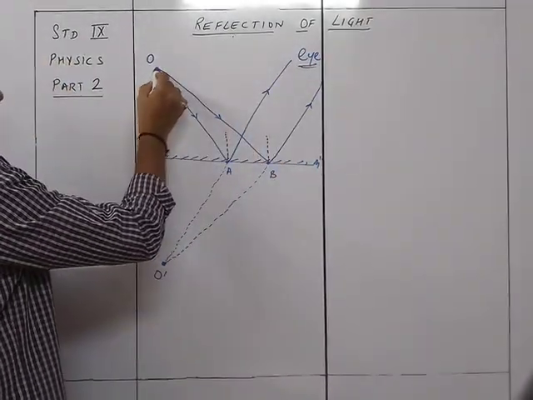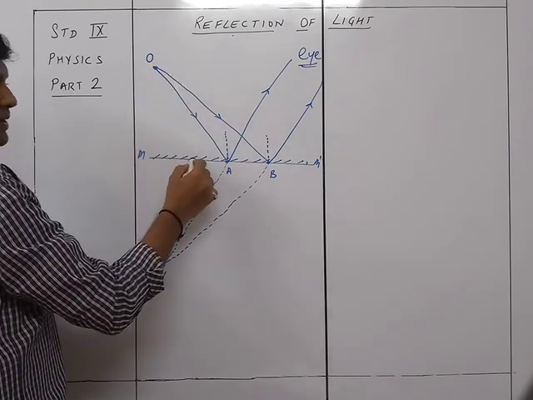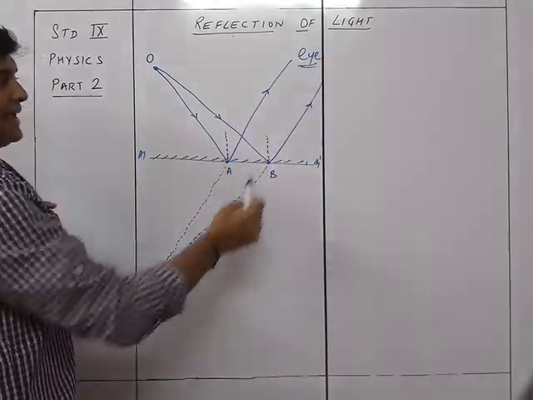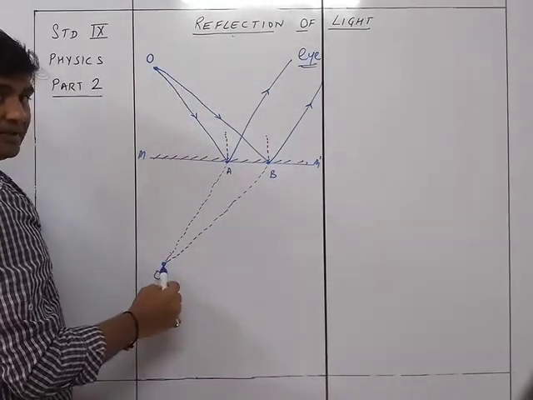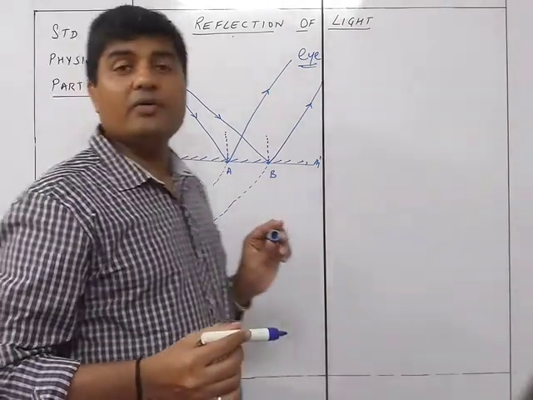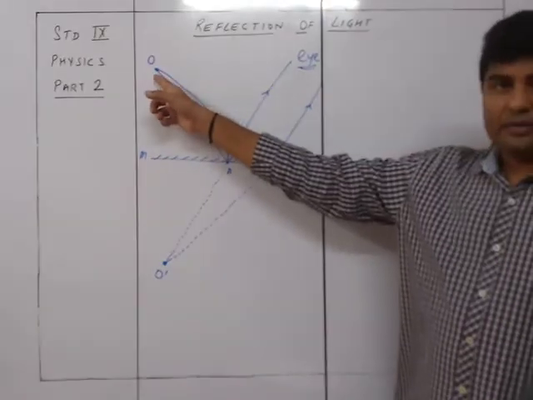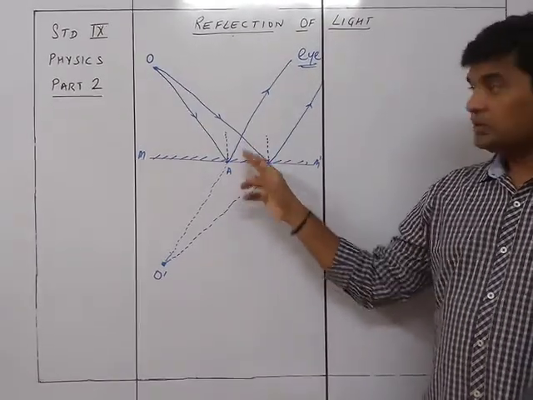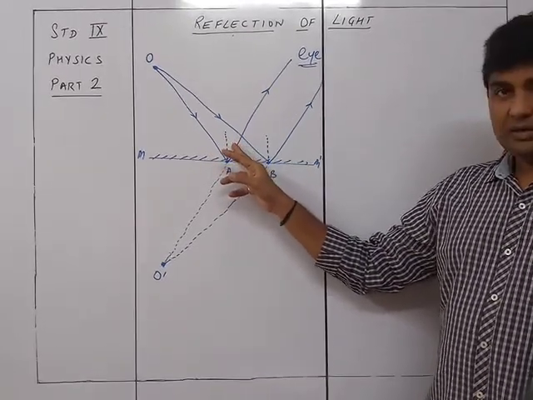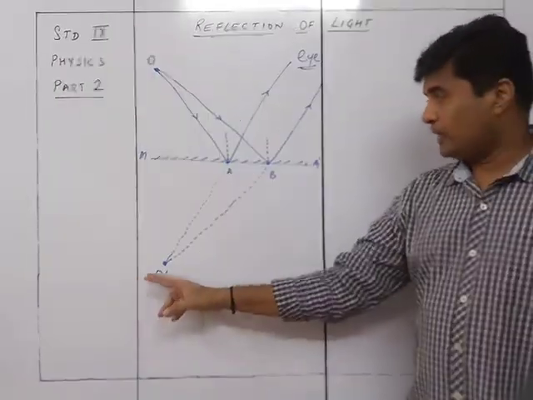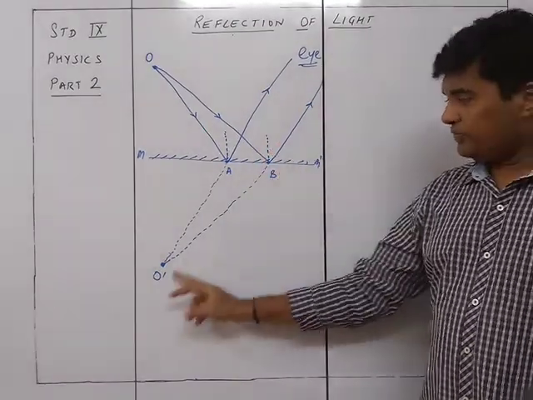I can see this, when I take this particular object in front of a mirror and I am standing over here, then I can see the image of this object in the mirror like this. This is how you are going to draw the ray diagram. So how do you draw the ray diagram? Take a point, take two lines, draw the normal, angle of incidence, angle of reflection, draw the line, produce it backwards.